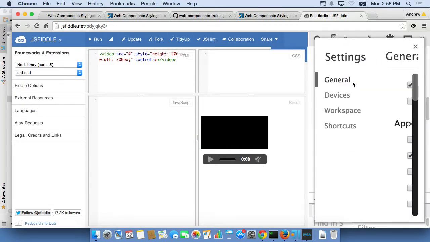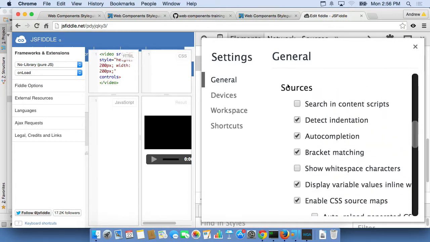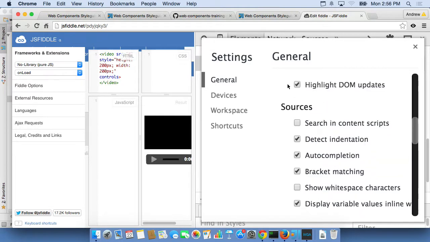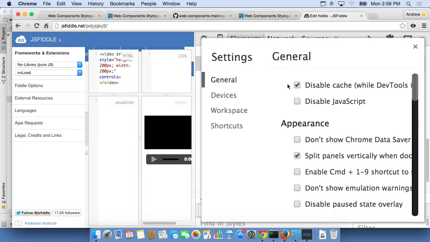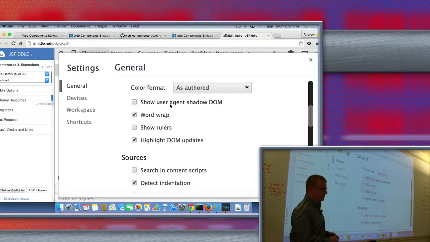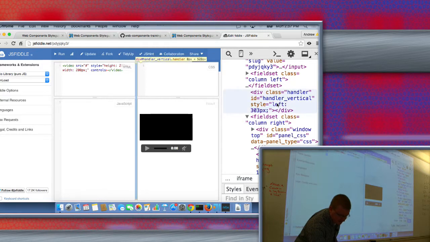and I can go to my options in my Chrome DevTools. They always move it, so let me see if I can find it. There we go. Show user agent Shadow DOM. User agent means the browser. That means the actual client. And then Shadow DOM is one of these pieces of web components. So if I select that box and I come back over here and I close my options,